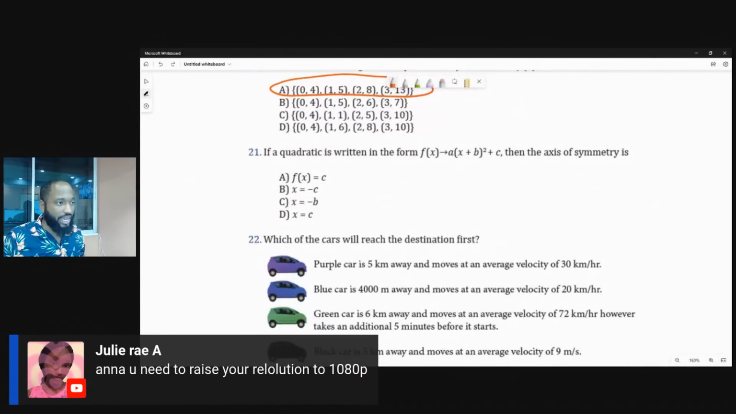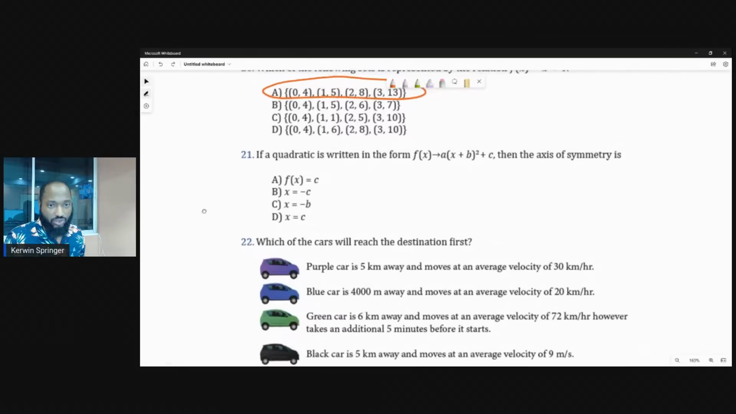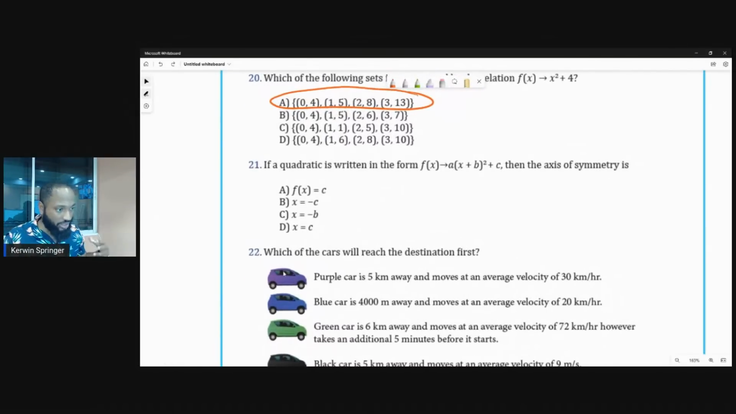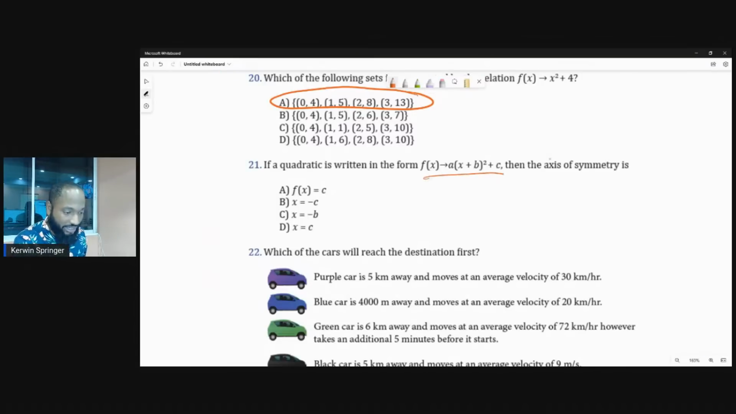We're coming down to the end here, ladies and gentlemen. If a quadratic is in the form, and all of these questions are from the question bank that these people in the comments are talking about, and you can buy this in Nigel Arakan's book. So if a quadratic is written in the form a(x plus b) squared plus c, then the axis of symmetry is always x is equal to